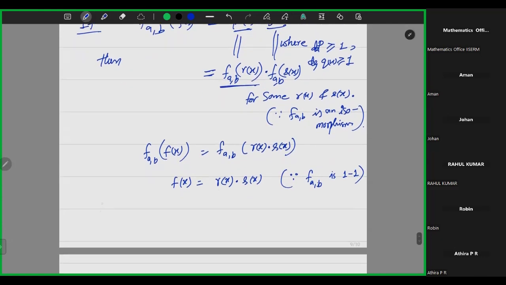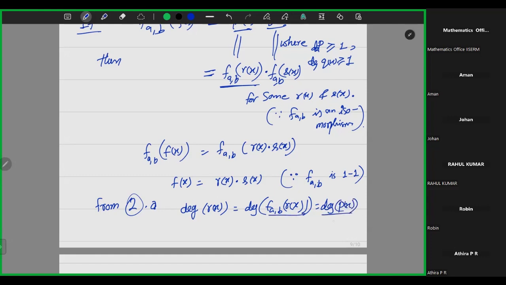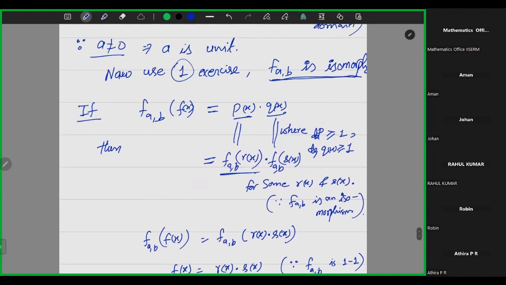Note that from 2a, what we have is that the degree of r(x) is equal to the degree of f_ab(r(x)), and what is it? The degree of p(x). f_ab(r(x)) is just p(x), and the degree of p(x) is bigger than or equal to 1. If it is degree 0, I am saying they are units. So I am assuming in this case that if f_ab(f) is reducible,